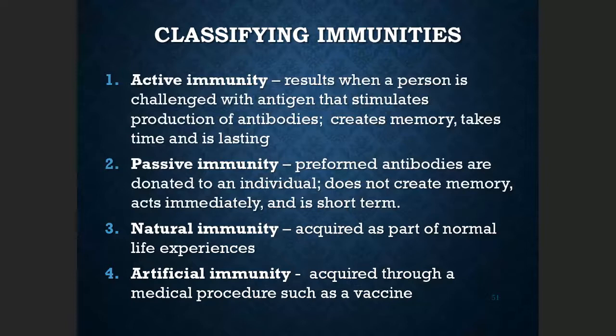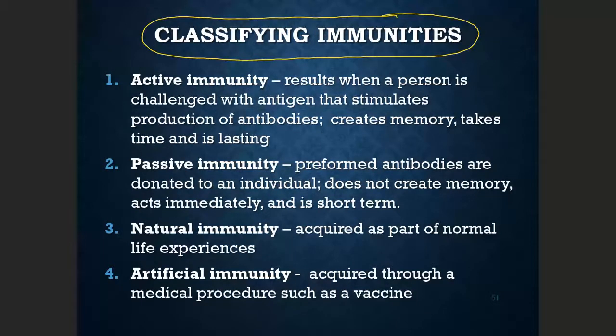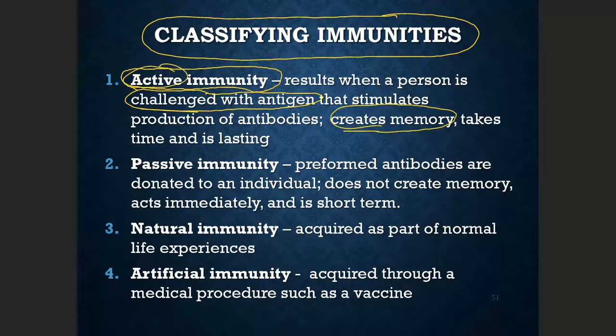Now we're gonna talk about immunity. So immunity is the condition when someone is actually immune against a specific disease. Okay, there are several classifications, which is active immunity. Okay, this is when the person actually has or is challenged by the antigens directly. It will stimulate the memory cell and create the immunity. And usually, if it is active, it becomes long-lasting.